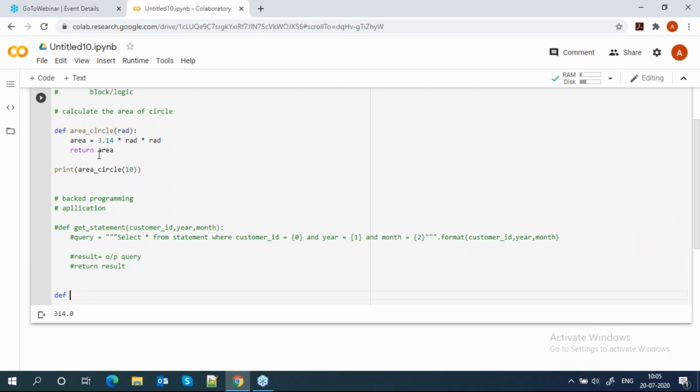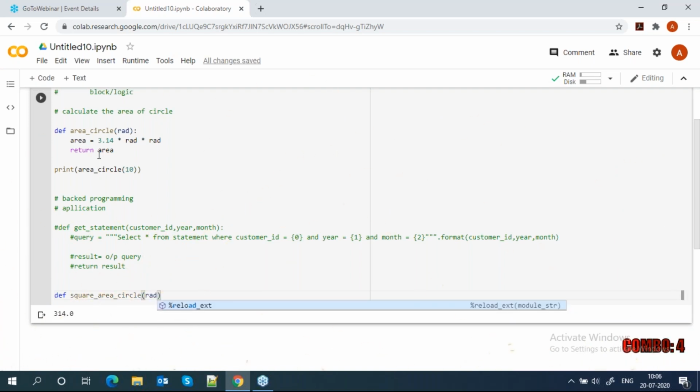Square area circle. Here also I pass radius.